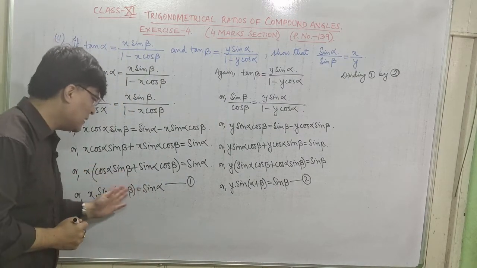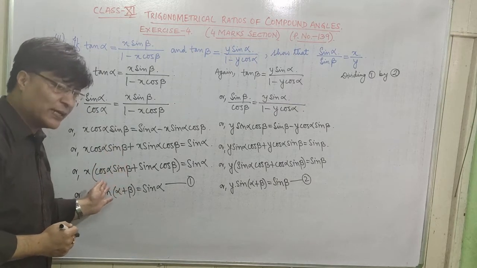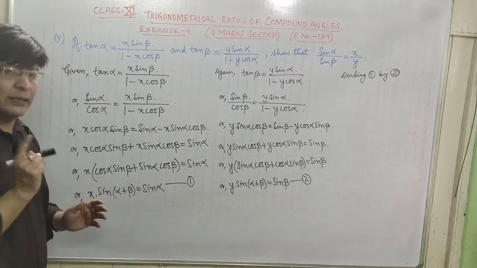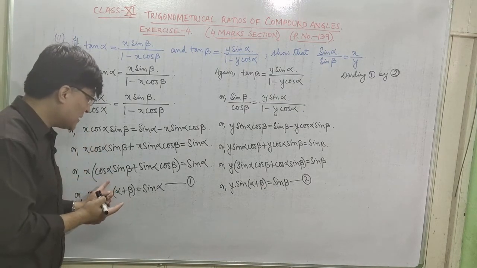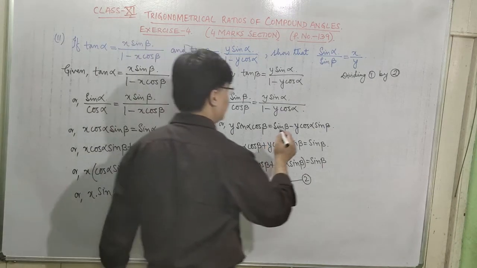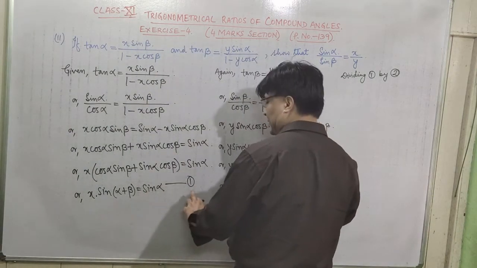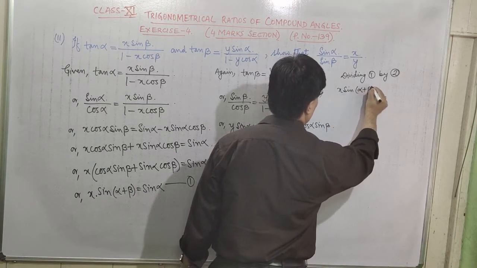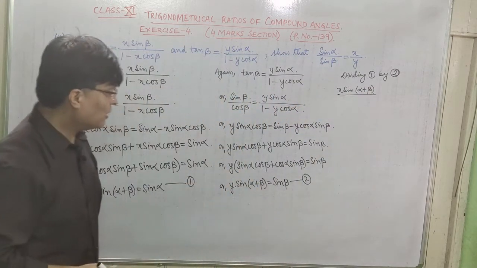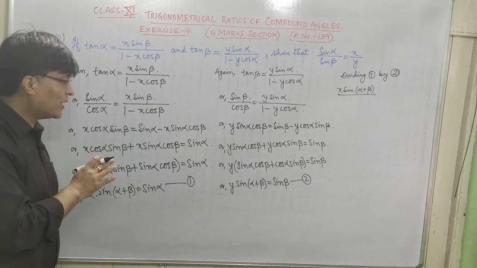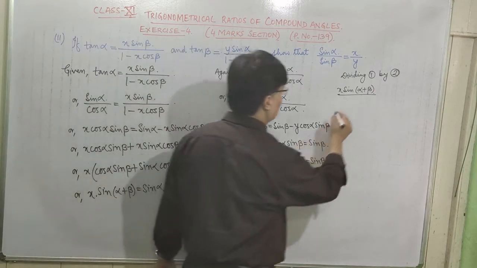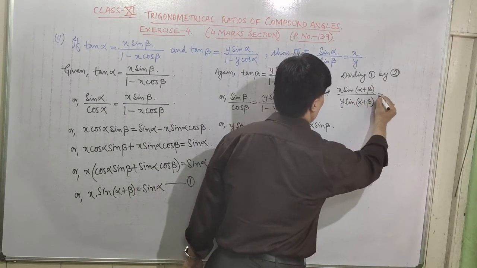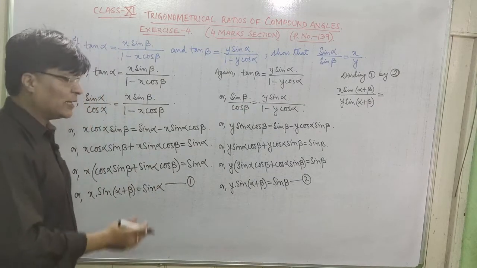So let us divide 1 by 2. You can divide left hand side as well as right hand side from 1 and 2. Now you have to write down left hand side of number 1 in the numerator. That is x sine of alpha plus beta divided by, in the denominator you should write down the left hand side of number 2. That is y sine of alpha plus beta, which is equal to, now on the right hand side you have to write